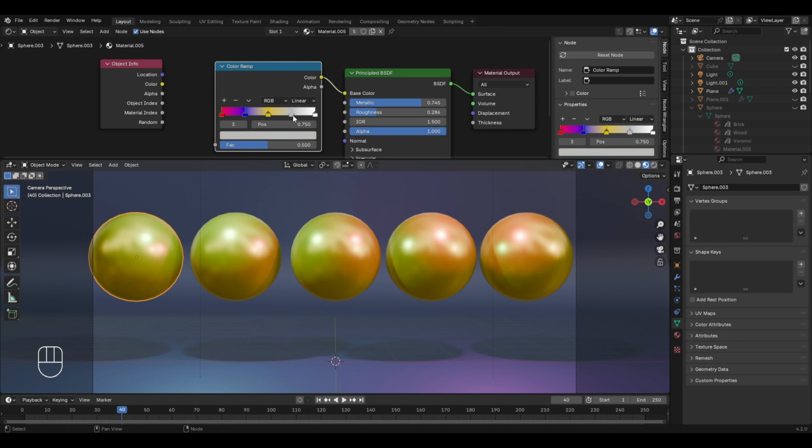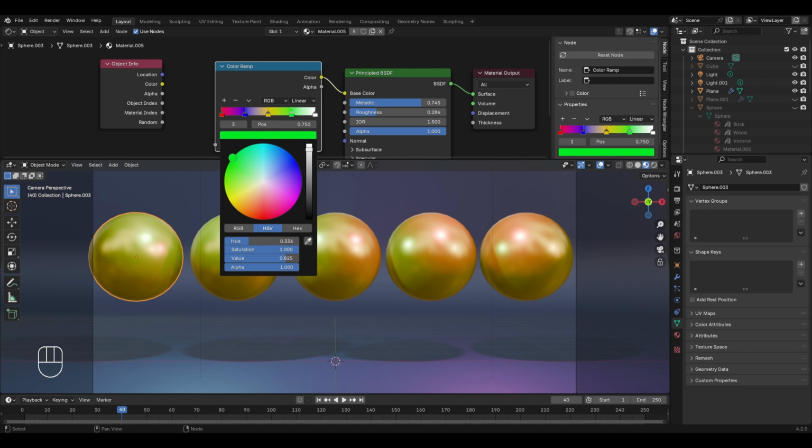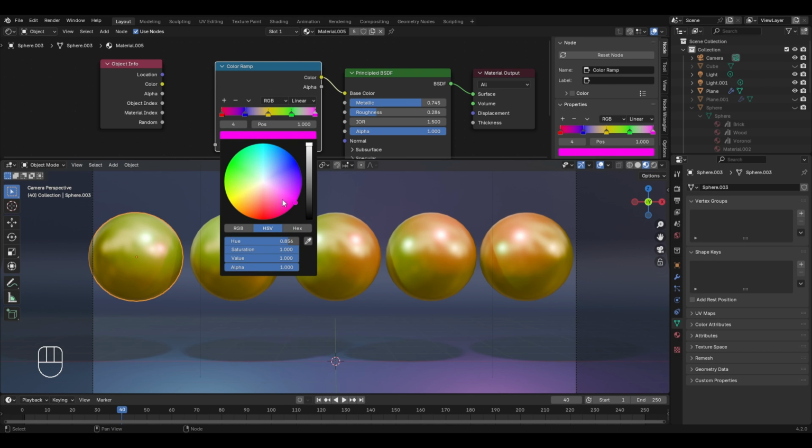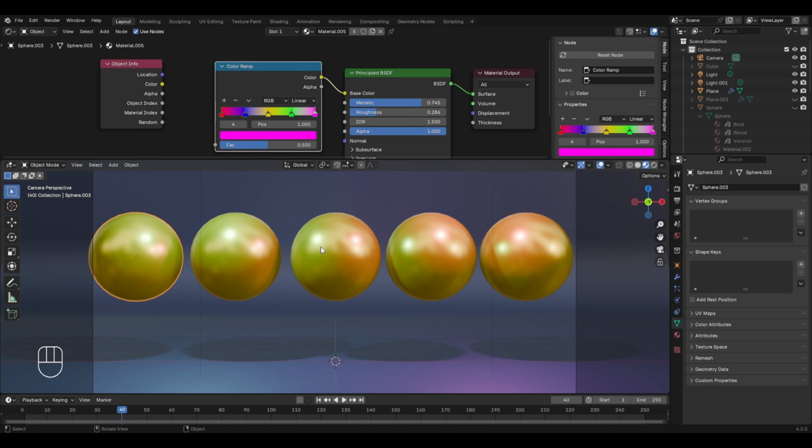Then for the fourth pointer, I'll change this color to the green color. At last, I'll select the fifth pointer and change this color to the pink color. Now all of these are having the yellow color assigned because of this pointer at the center, which is having the yellow color. But now if I take the object index socket and connect it to the factor in the